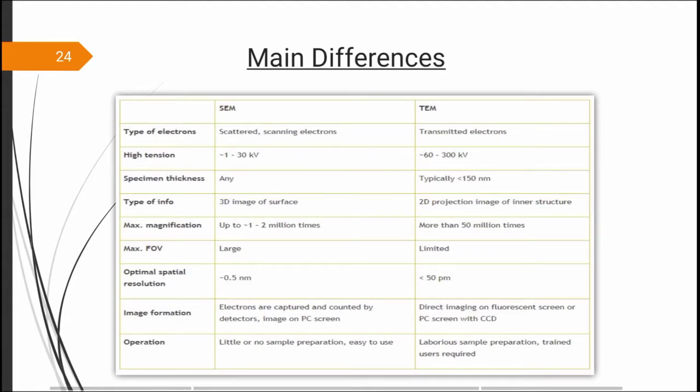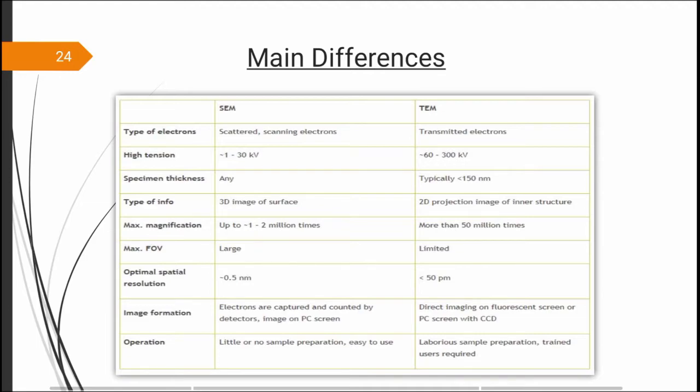And if you talk about the magnification capacity, the magnifications that the TEM offers are also much higher compared to the SEMs. In the TEM, users can magnify their samples by more than 50 million times, while for the SEM this is limited to 1 to 2 million times. However, the maximum field of view that SEM can achieve is far larger than the TEM's, which users can only use to image a very small part of their sample. Similarly, the depth of field of SEM systems is much higher than in TEM systems. In addition to that, the way images are created is different in the two systems.